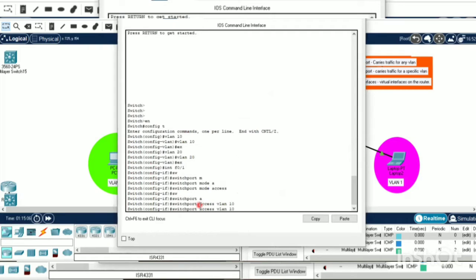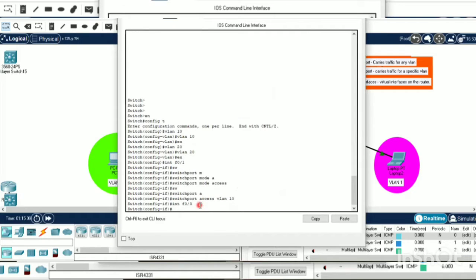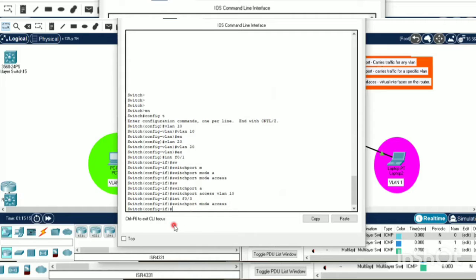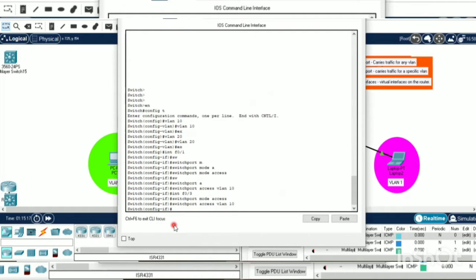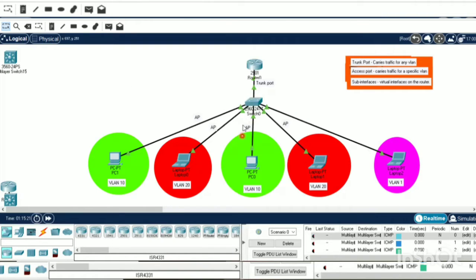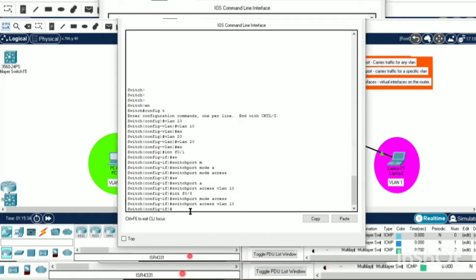Next, interface 0/3. Here the same configuration: switchport mode access, then switchport access VLAN 10. So we are allowing VLAN 10 traffic only here. On this interface we are allowing VLAN 10, this interface and that interface. So these interfaces belong to VLAN 10, so we allow VLAN 10. Switchport access VLAN 10. Next,